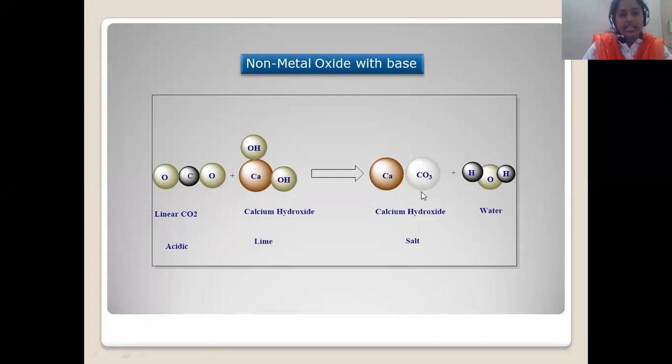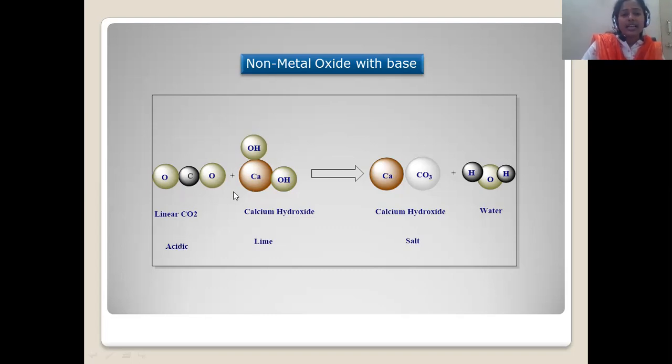So what is the substance? Calcium hydroxide is taken as a metal oxide and is treated with carbon dioxide. Carbon dioxide is called a non-metal oxide, meaning carbon is part of the P block elements and it is a non-metal in contact with oxygen. Hence we can say it is a non-metal oxide. And calcium hydroxide is the basic substance, being a second group element, an alkaline earth metal, so it is the base. In general, non-metal oxides mostly exist in an acidic state.